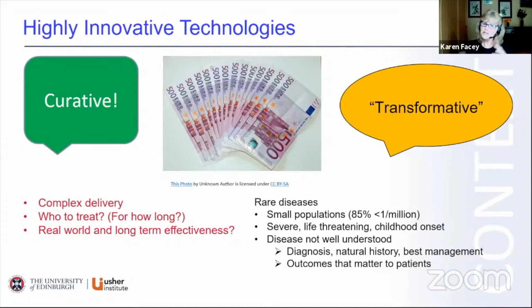And as I said, what we're seeing is a lot of these technologies coming through in the rare diseases and what I would call the ultra rare diseases. A study last year showed that although we have about 6,500 rare diseases, actually about 5,000 of them are what we would call ultra rare. They occur in less than 1 in a million in our population, which means we have incredibly small populations on which to do not only clinical studies, but also this real world data collection.